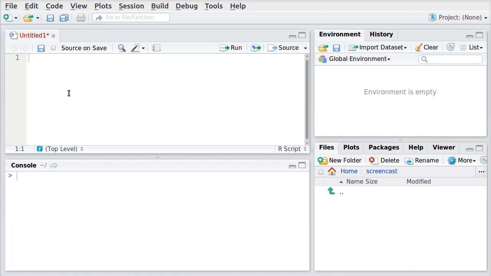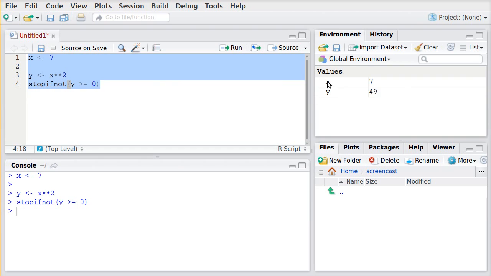Now let's say I have a program where I first create a variable x and assign the value 7, and next I create a variable y and assign the value of x squared. Now since y is equal to x squared, then y will always be a non-negative number no matter what value x has. To make sure that's always the case, I could write an assert statement that checks this condition. So I could write stopifnot y greater than or equal to 0. Now when I run this code,